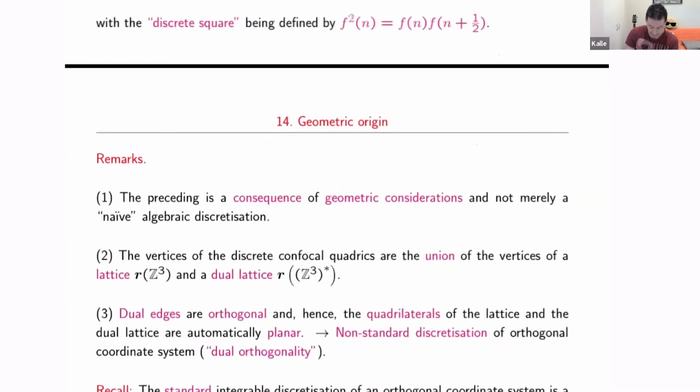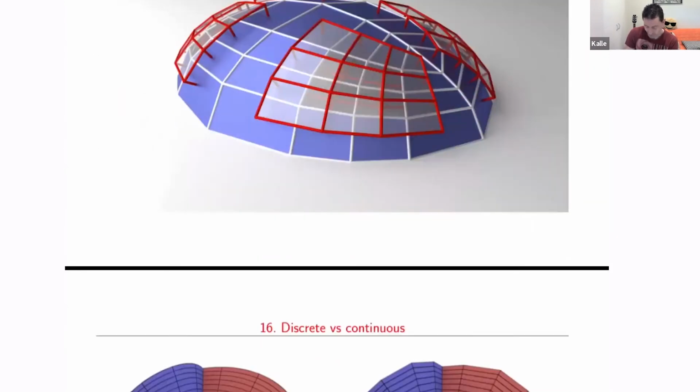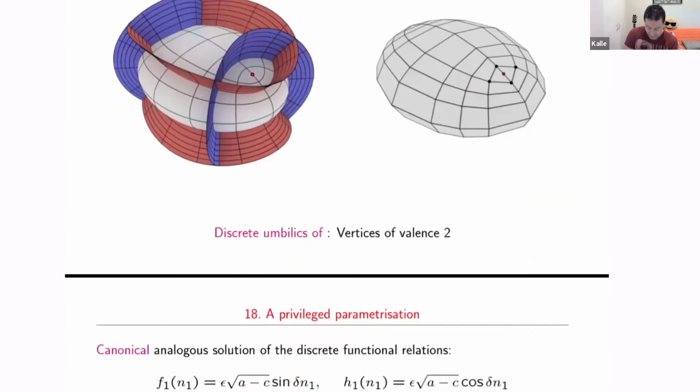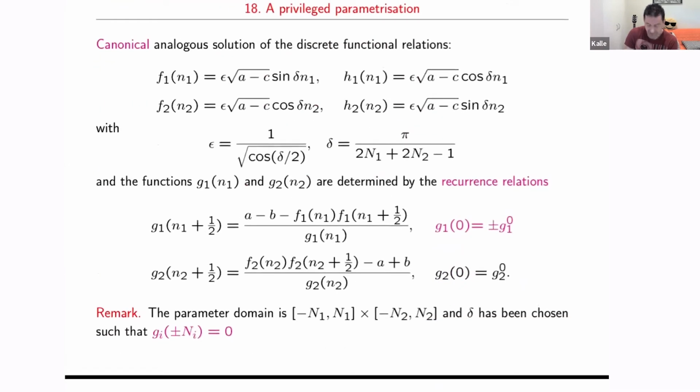I'll just give you the result because I'm running out of time, and of course I can't explain this. But again, basically the algebraic form is exactly the same. So now you have again sine, cosine, but now you have a discrete variable. Let me just point out a few important things. Number one, that delta here is a constant, which is sort of the lattice parameter, which is arbitrary.